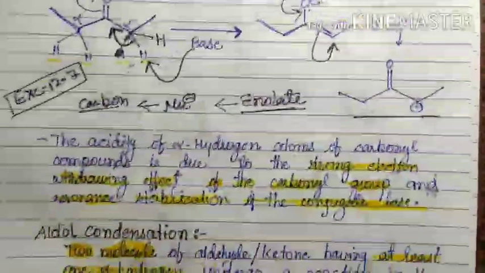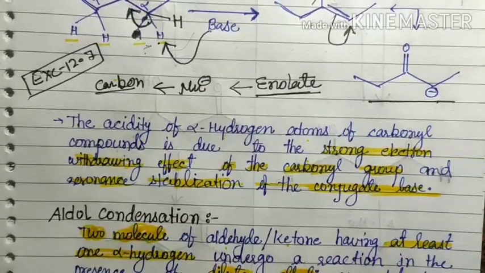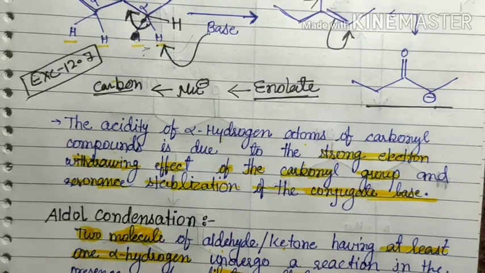So in this page you learn first how to find the number of alpha hydrogen, second the acidity of alpha hydrogen, third the aldol condensation, that in aldol condensation reaction two molecules of aldehyde or ketone react together to form the aldol product, and after removal of water it forms the alpha beta unsaturated carbonyl compound. So now we move to the next, and this is the reaction. So how the reaction occurs, we discuss here.